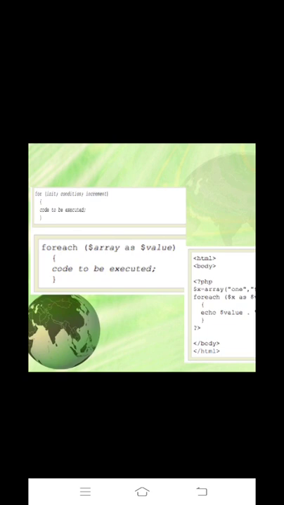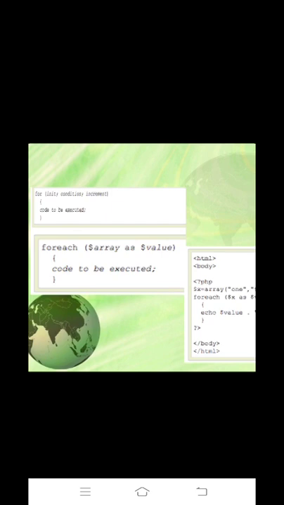Next one is the for loop. You already know the for loop, right? For has initialization, condition, increment. It is also entry control. First, initialization is executed, that is expression 1. Then the condition is checked. If the condition is true, the for loop body is executed. If the condition is false, it does not enter the for loop. After that, the increment or decrement, the third expression, is executed. Then again the condition is checked, and like this it continues until the condition becomes false. So that is for. And next, the foreach statement.